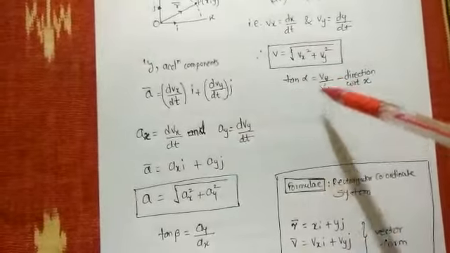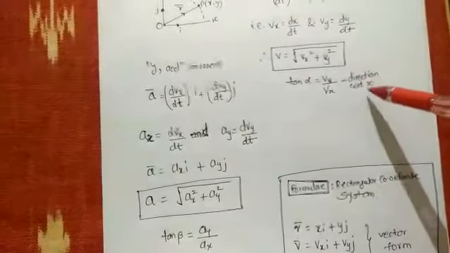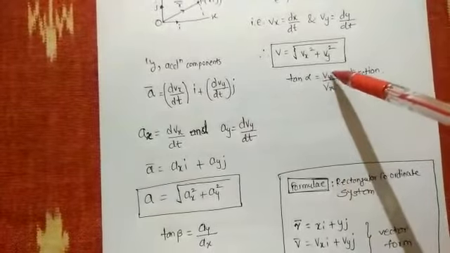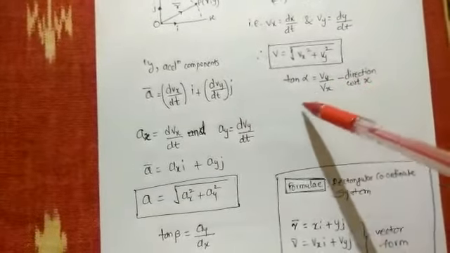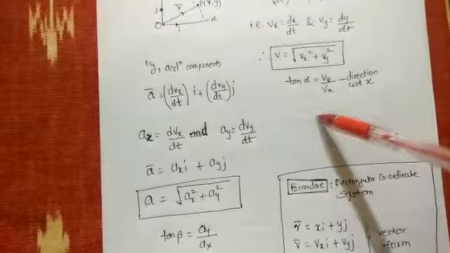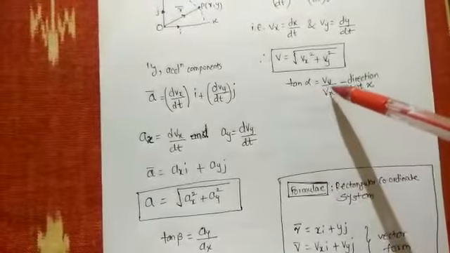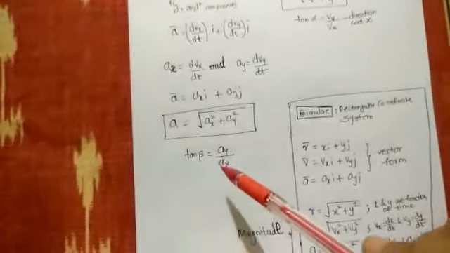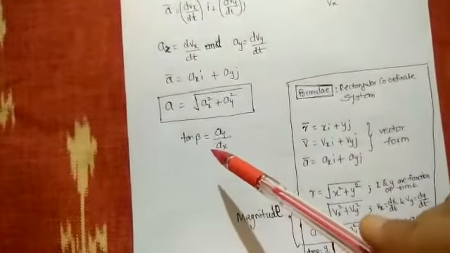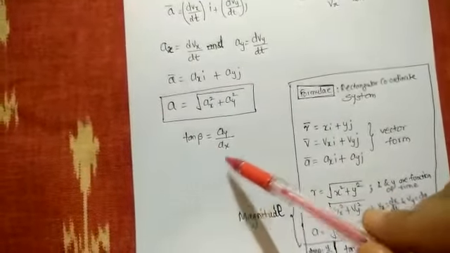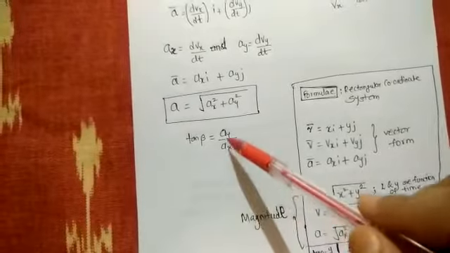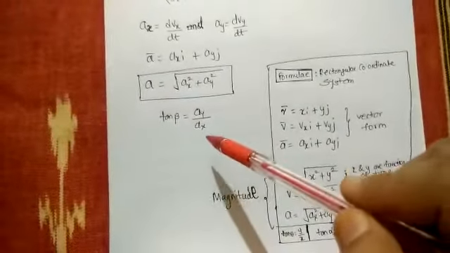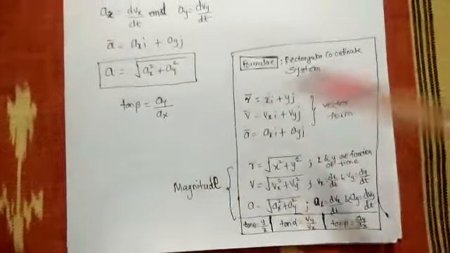And if we want to find out direction with respect to x, so for velocity components it is tan alpha equal to vy upon vx. So you can find out alpha from this, which is equal to tan inverse of vy by vx. Similarly, for acceleration components, tan beta equal to ay upon ax. So beta equal to tan inverse of ay by ax with respect to x. That direction means nothing but an angle.